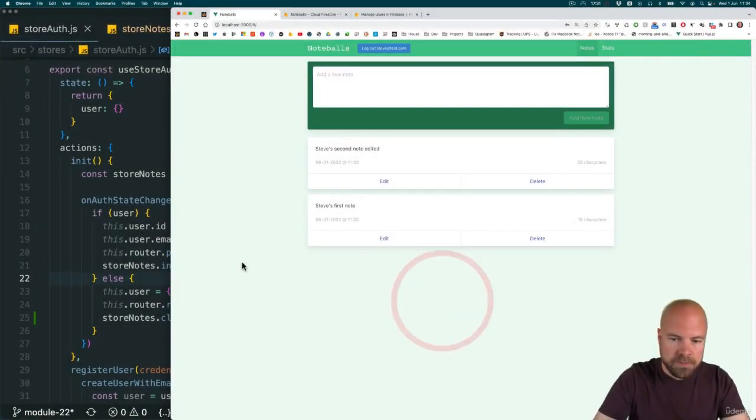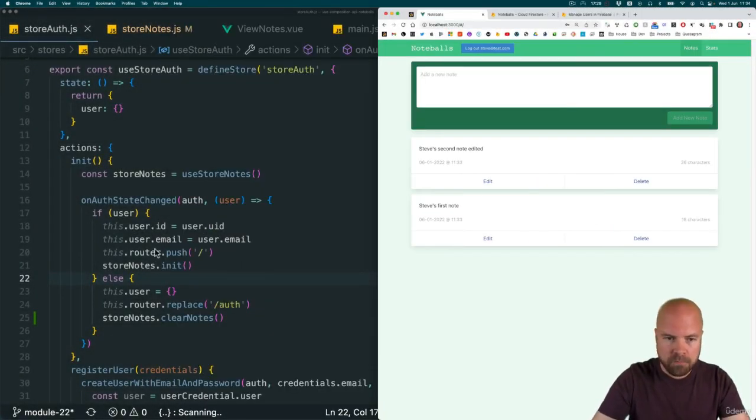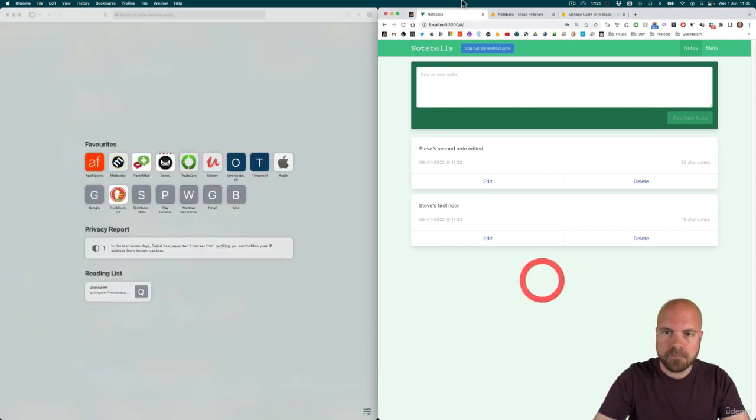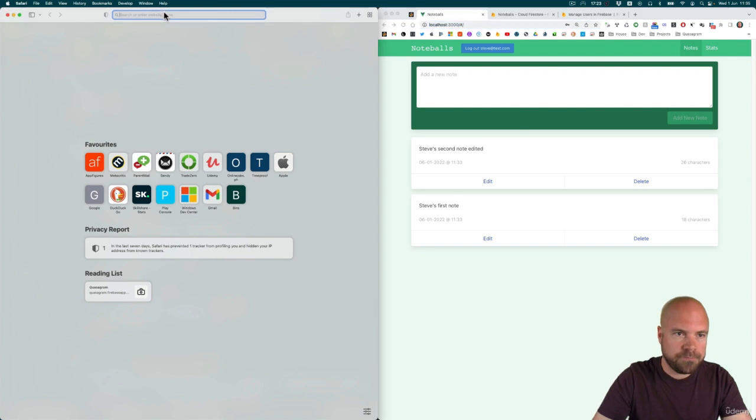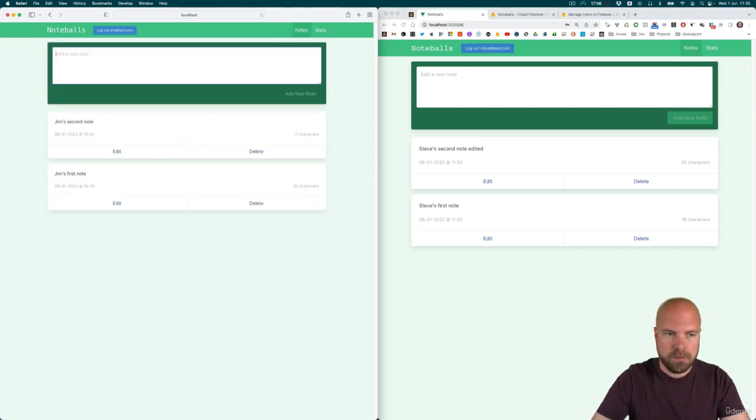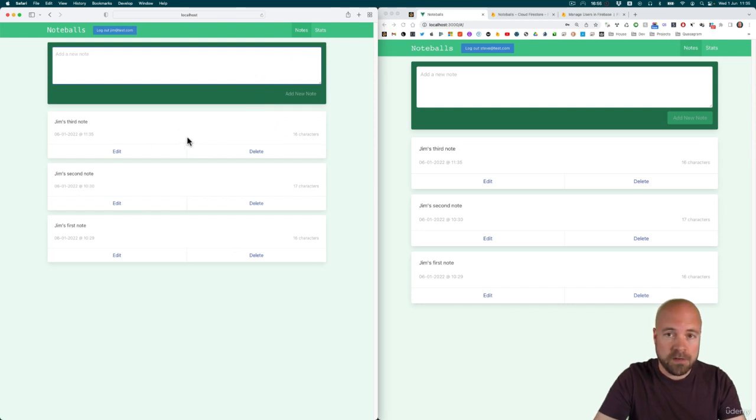Well, let's just see what happens if we open up a different browser now. So I'm going to open up Safari, copy this link from the address bar. And let's log in with Jim. So Jim@test.com, test123. And we're seeing Jim's notes. So let's add a new note for Jim, Jim's third note. And we see the note was added correctly